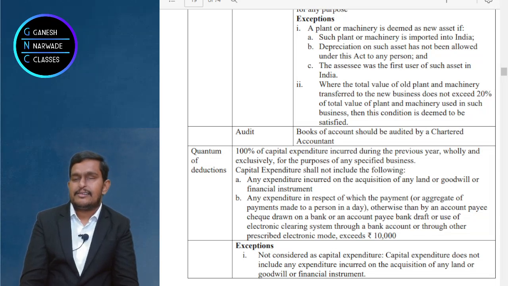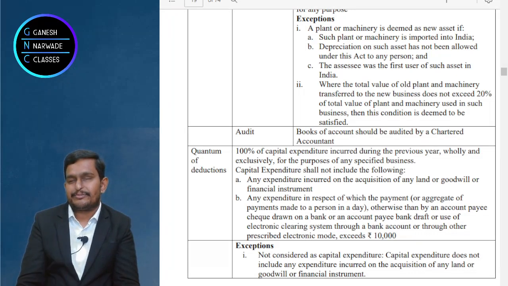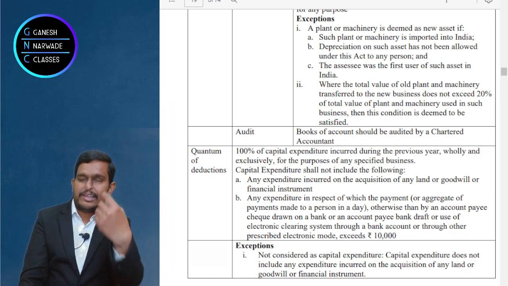Yes. Suppose, for example, you brought plant and machinery worth 50 crores. Now, if it is a normal income tax provision, normal business, not a specified business, then you will get 15% depreciation every year. Now, 50 crores, 15% every year, how many years will it take? And that too again by the WDV method. But here under 35 AD, 100% deduction in the first year itself. Okay, deduct 50 crores from the income.